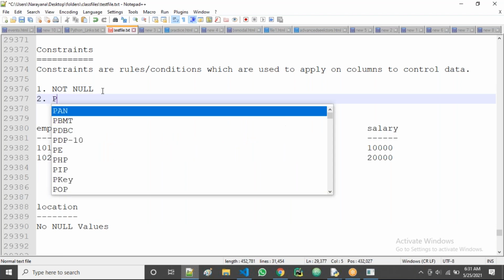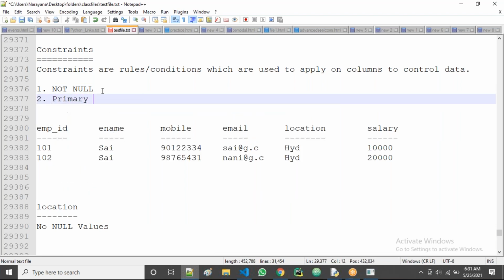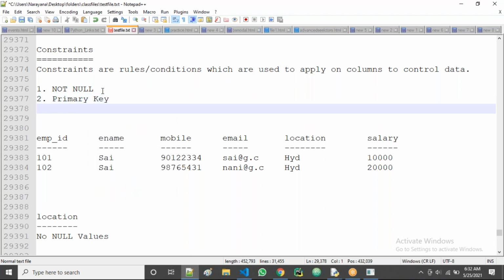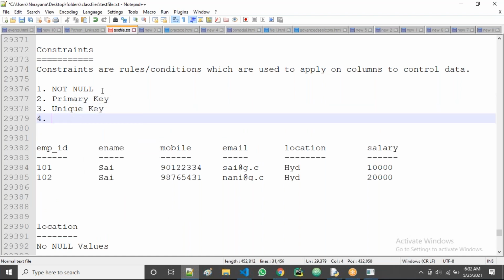The next one is primary key. The third one is unique key. The fourth one is check constraints.